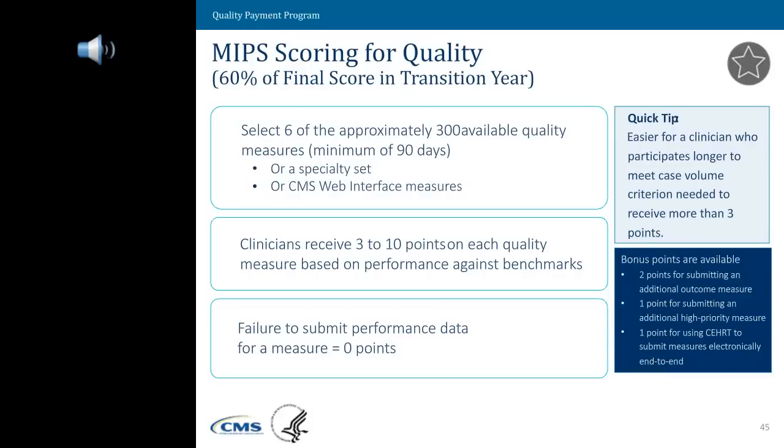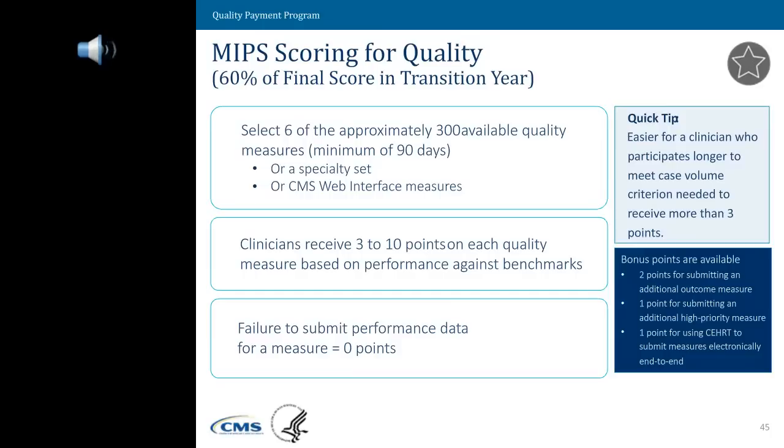But the biggest thing here is that if you don't submit a measure, you get 0 points. So if you submit even to Test Your Pace, you get a minimum of 3 points, but you can get up to 10 points, especially, which is easier to do if you submit more cases so that we can actually measure you. We will say that there are some bonus points available for certain types of measures, and again,